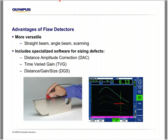First and foremost, this is not going to be an attack on flaw detectors. Flaw detectors are great instruments for a number of reasons. To be honest, they're pretty similar to thickness gauges in that they use the same basic ultrasonic concepts. They're both using transducers that generate sound waves. They both measure the time it takes for that sound to leave a transducer, travel through a material, bounce off of a reflector, and return to the transducer. So the basic equation that we use is distance equals velocity times time. We modify this slightly by dividing that time value by 2, since we only need the one-way time to the